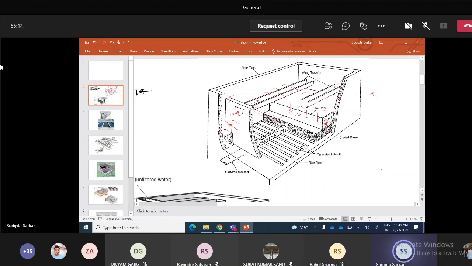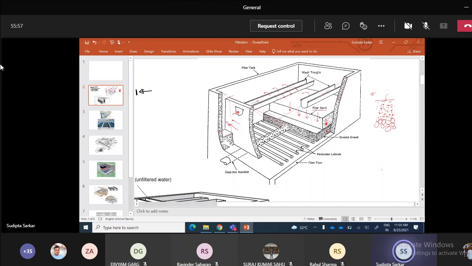Gravel is to support the sand layer on top of it, so that the gravels will not allow the sand layer on top of it to escape. We have the layer of sand over the top of it. It will not allow the sand to escape. But what is the role of this sand here? The sand layer will trap all these small particles. These are the sand particles here. So they will actually trap